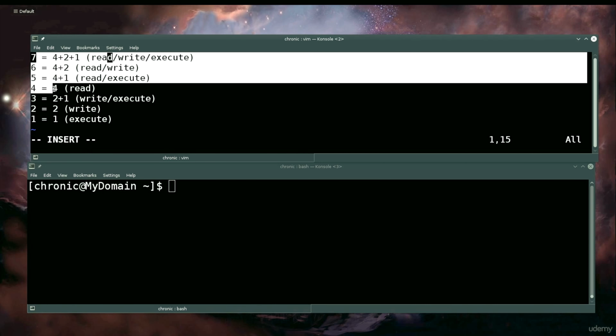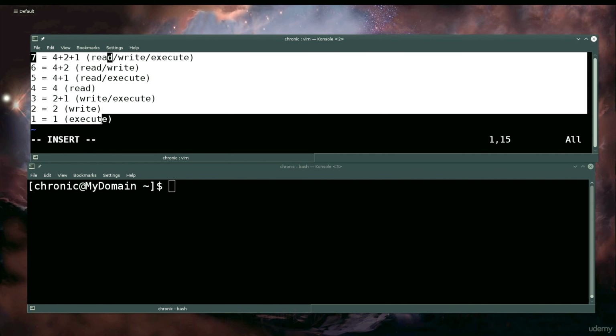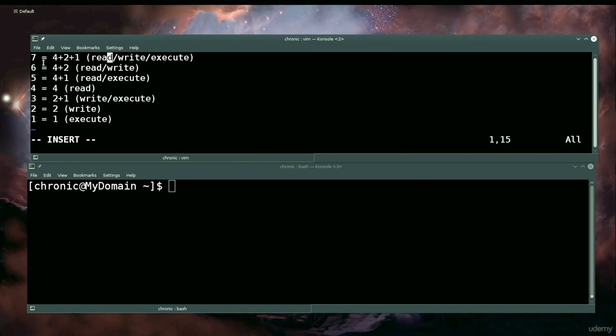This is how the permissions, the discretionary access controls work. I'm sure you figured it out. If you didn't, take a look at it. I mean, it's not really that complicated. They've actually made it extremely simple. Okay, so